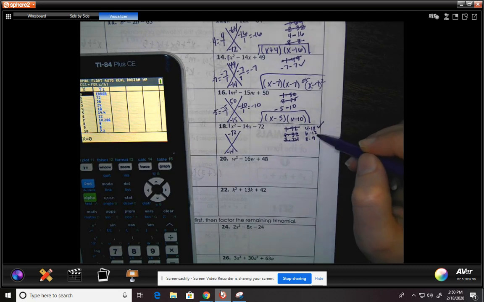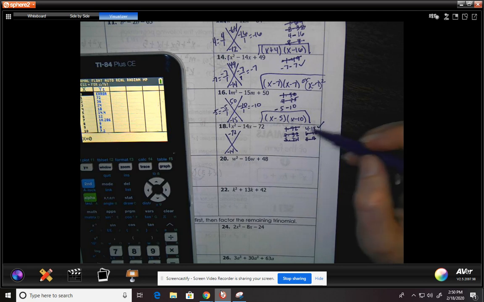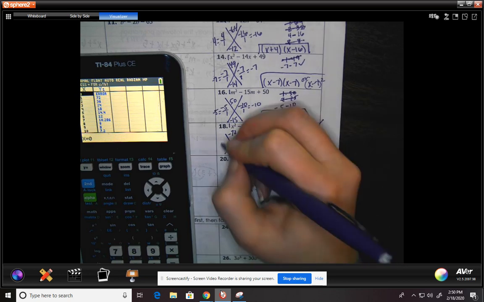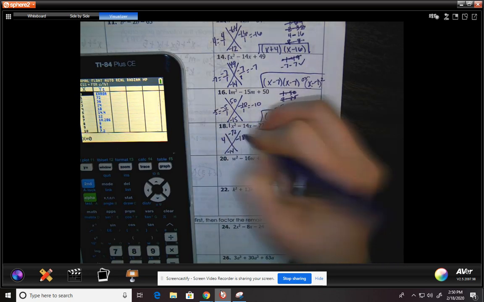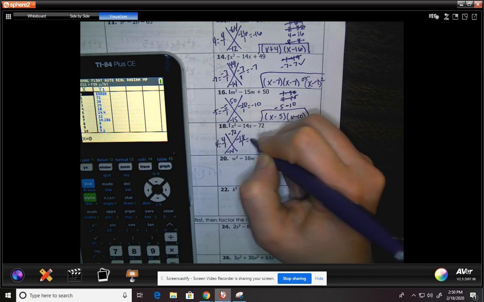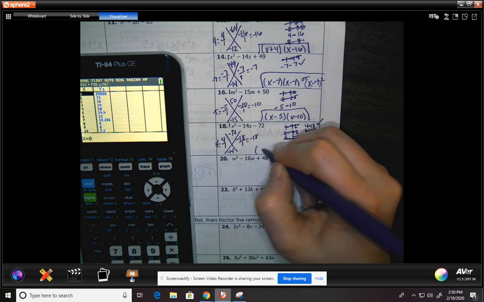This will add to 18 and subtract to 6. This will add to 17 and subtract to 1. Okay, so the only one that works is 4 and 18. And to get it to be a negative sum, I would have to do 4 minus 18. So I put 4, negative 18. I'm going to divide by 1 and get 4, divide by 1 and get negative 18. So therefore, my answers would be x plus 4